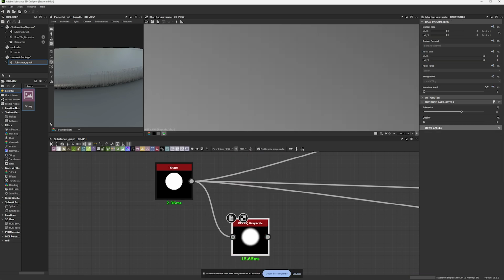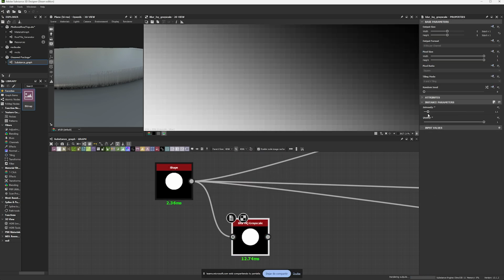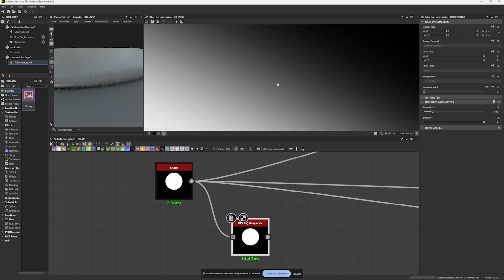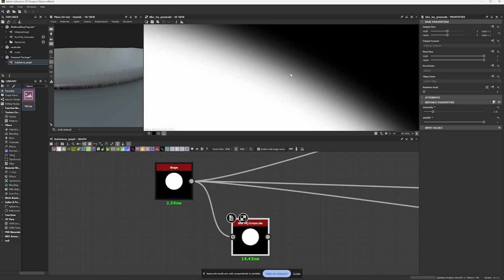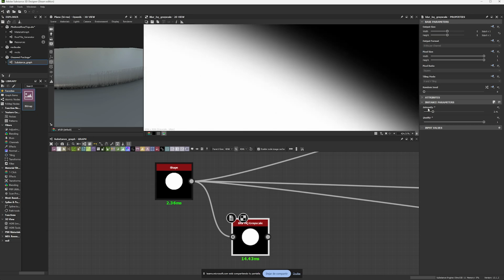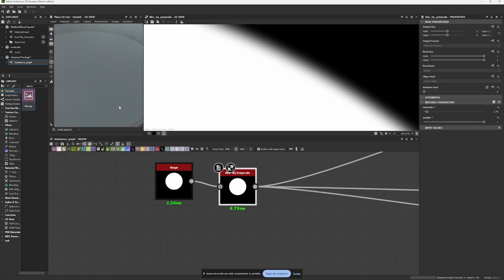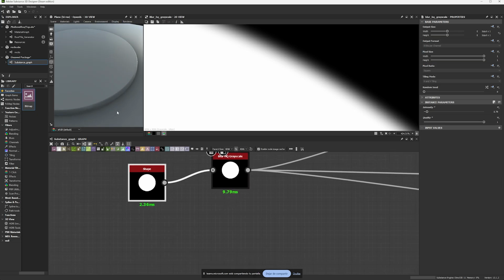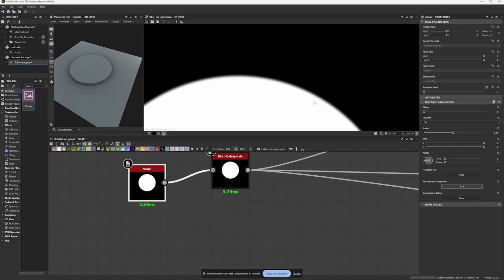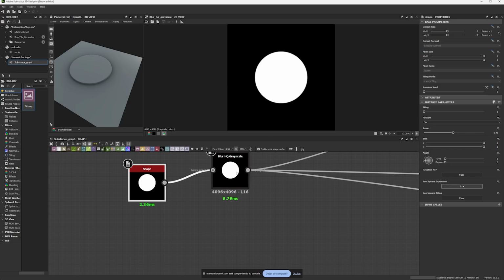So for this, I'm gonna blur my shape. And you see here what's going on. The blur is allowing me to expand all the pixels into different values. So we go from pure white to pure black, and all that we have in the middle helps. So I'm gonna pull this here, I'm gonna plug it in, and you see the pinch has been removed, and my shape has a more defined shape.